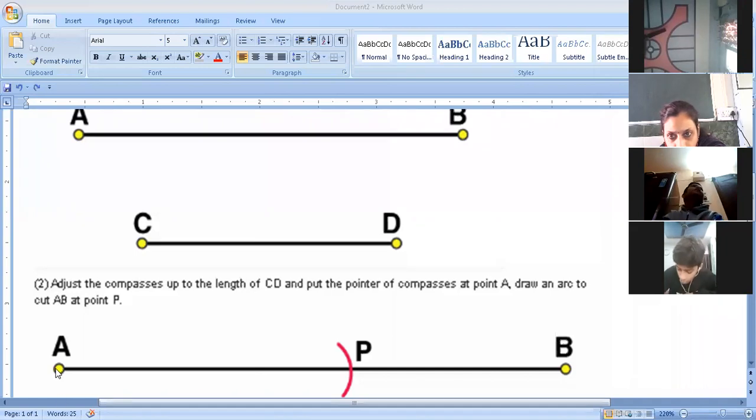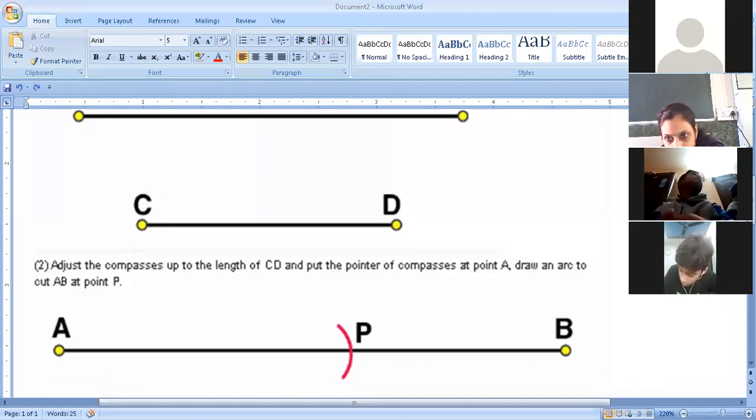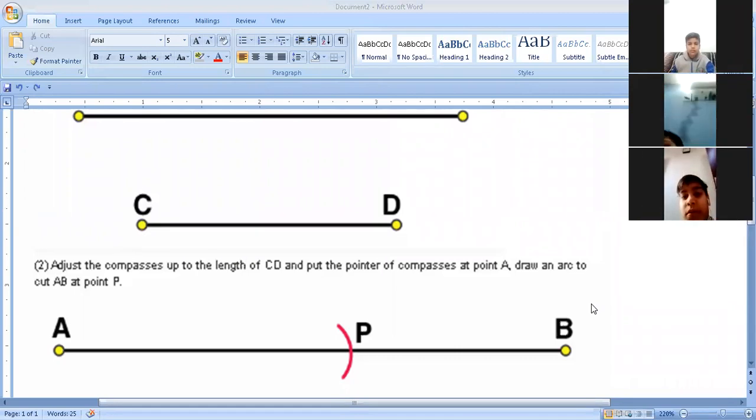Put your needle on A point and cut the arc. Do it, children. Done? But have you done the arc?